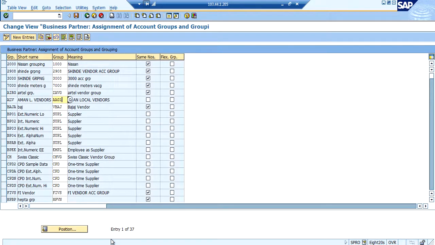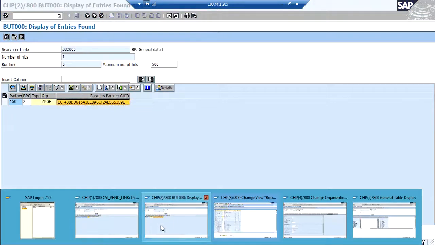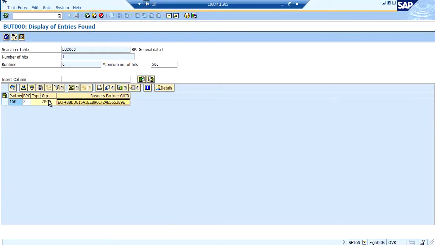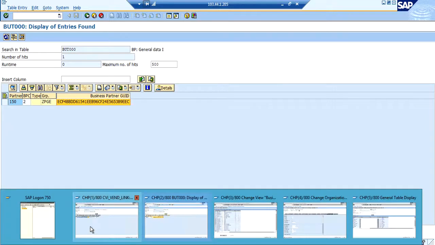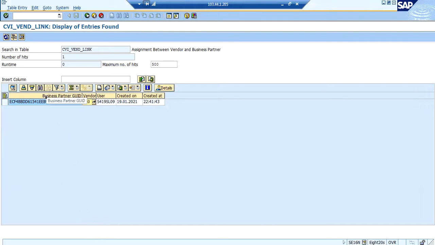Then if users want to figure out what exactly is the vendor number created against a business partner, this is how one can get it. One can pass the business partner into BUT000 and get the business partner GUID, and this linkage can be passed on to CVI_VENDOR_LINK, where they will get the vendor details.